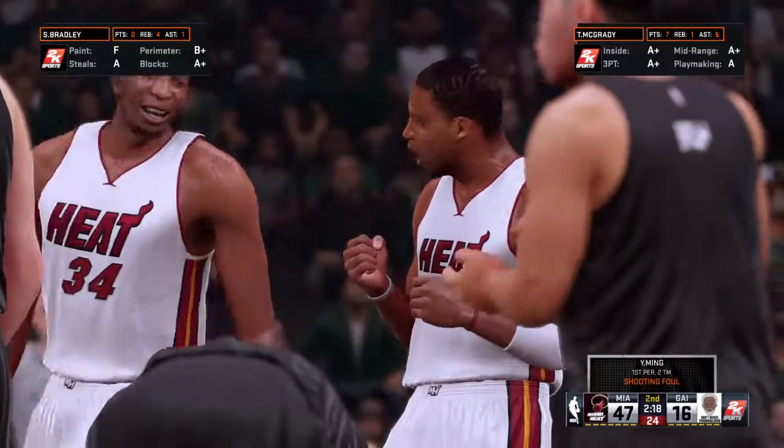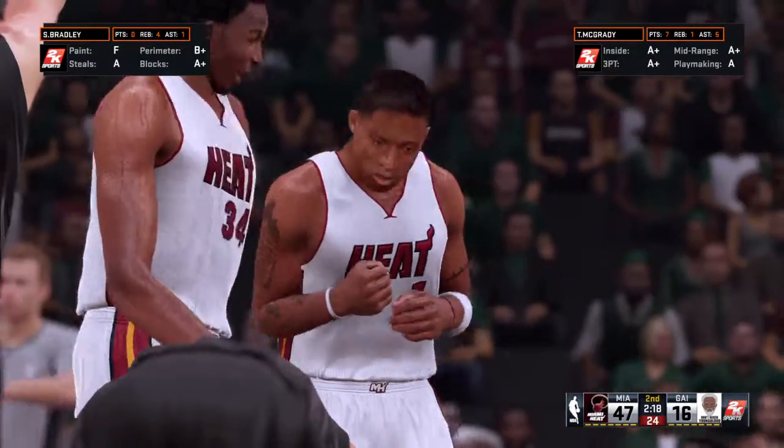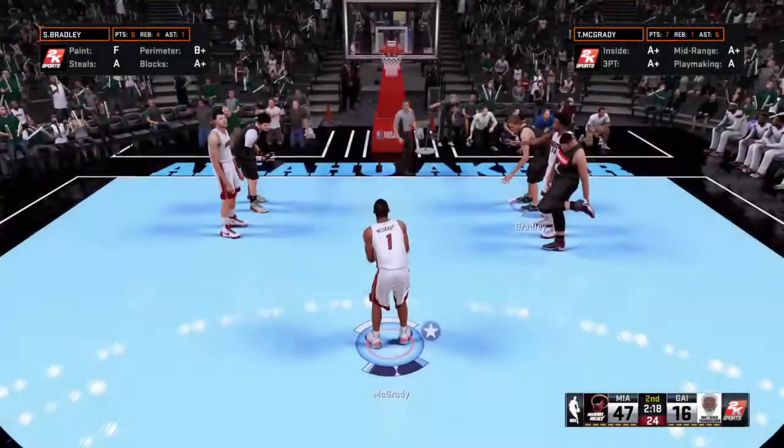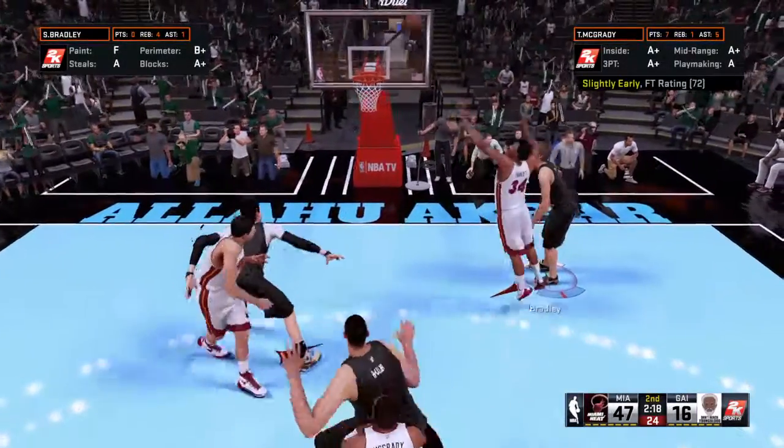Really aggressive play there, taking it to the rack against the big fella. You know, Greg, aggressiveness is really the only option when you're on the wrong side of the size equation. The Heat shooting